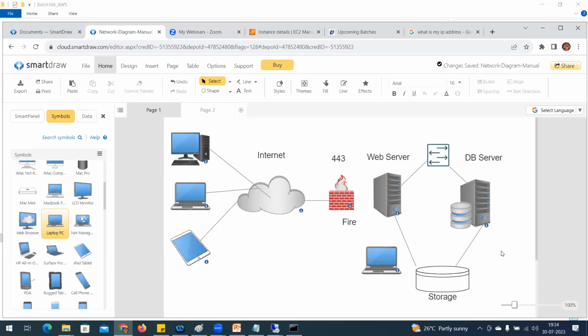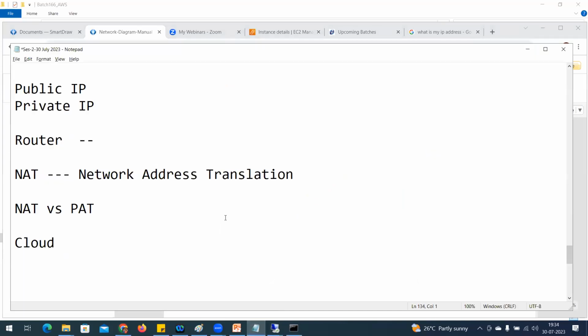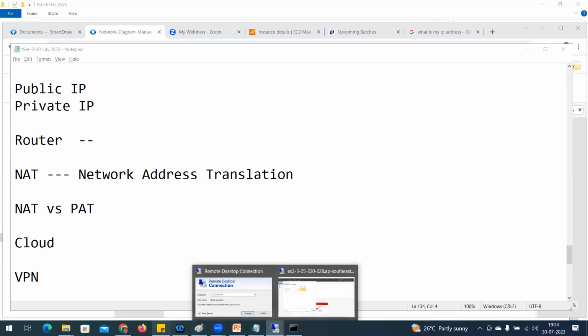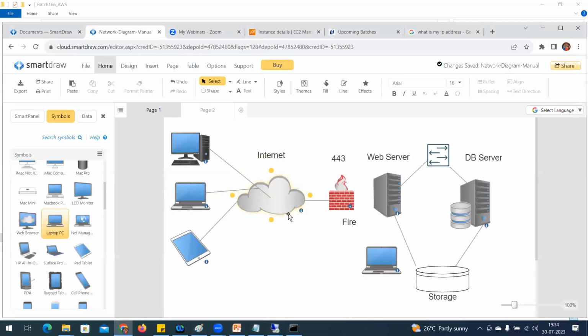How do you connect to your same office network from home? You are using an internet connection. As soon as the internet connection is available, you connect to the office network through VPN. What is that? VPN. That means you are using the internet to access the server in this particular network. That is, you are accessing the on-prem location and connecting to the office.